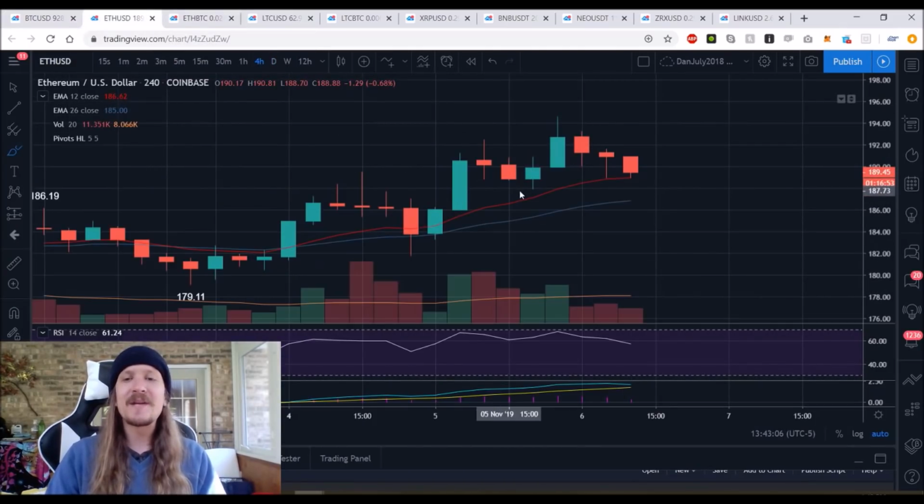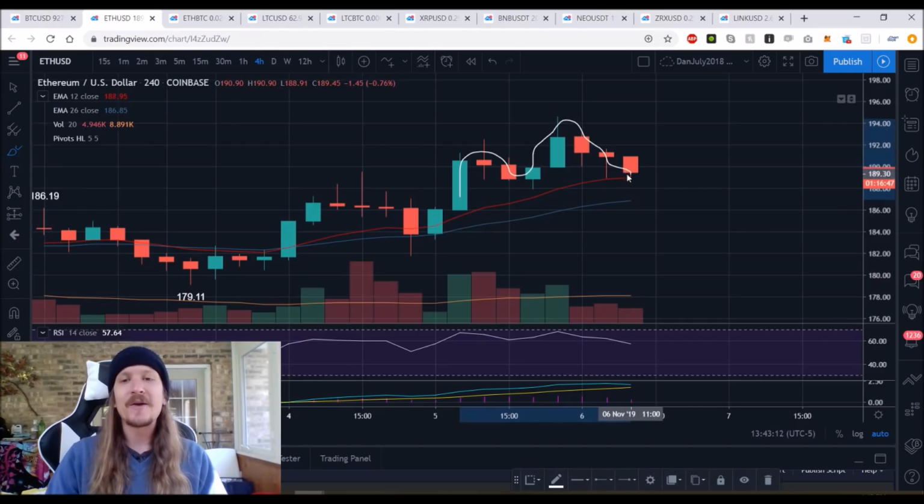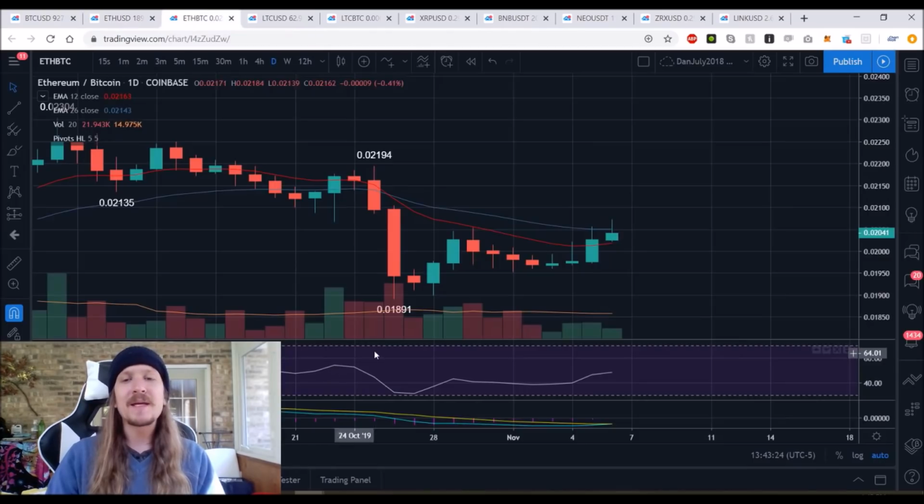Anything above 187.87 keeps the bulls in control, but we need to be cautious, even if we do hold that support initially, of a head and shoulders pattern, where if we would fail to break the high of 194.60 and then roll over and lose the 4-hour uptrend, that would indicate daily consolidation is coming. So a little bit toppy, but what I'm paying attention to is the ETH BTC chart,